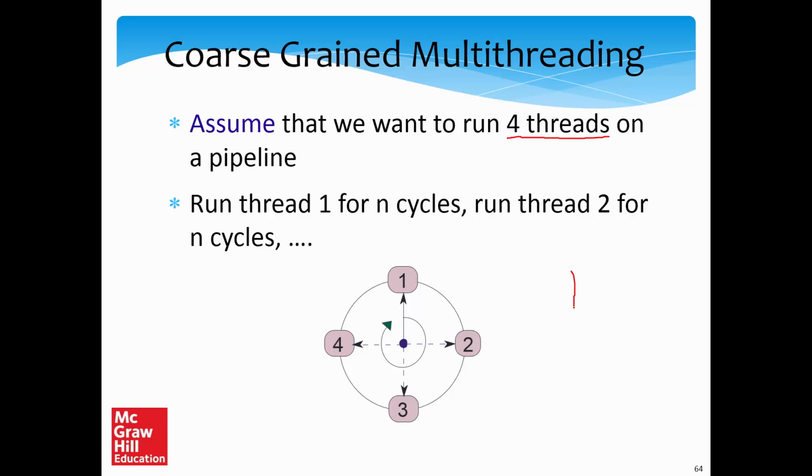Basically, what a coarse-grained system would do is read instructions from thread, let's say T1, for n cycles, where let's say n is 10. Subsequently, it will read instructions from thread T2 for the next 10 cycles, then T3, T4, and then again T1, T2, T3, T4, and so on. One advantage of this scheme is that it is simple to implement. It is true that at any point of time you will have multiple instructions belonging to different threads, but hopefully they will be in different stages. So managing the pipeline will still be easy.